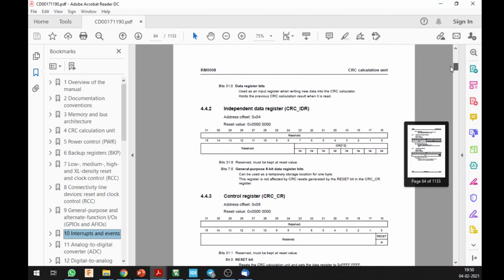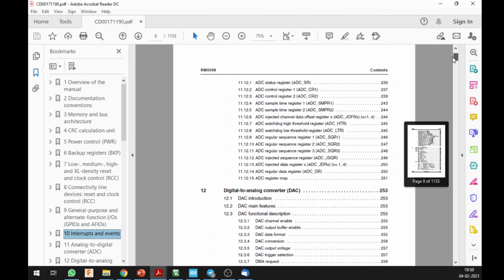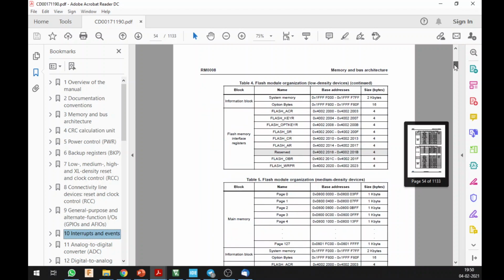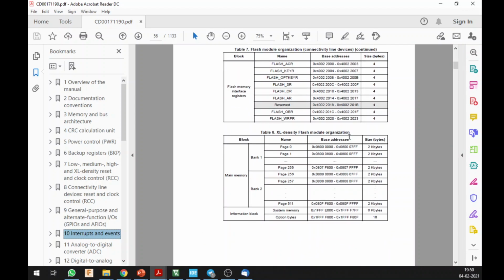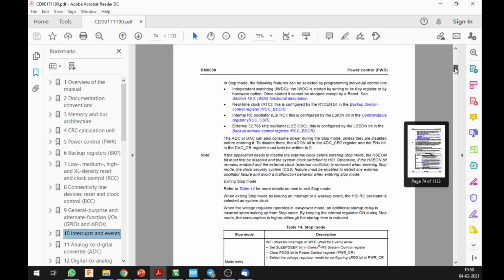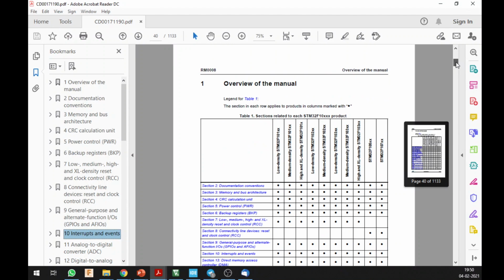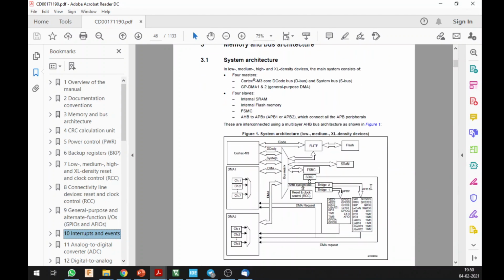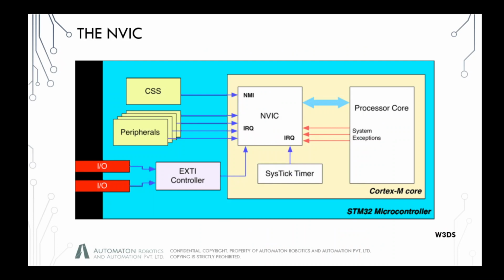I also showed you a block diagram of the microcontroller with the different regions inside it, which was more of an architecture view. But the Cortex-M3 has the nested vector interrupt controller inside it.